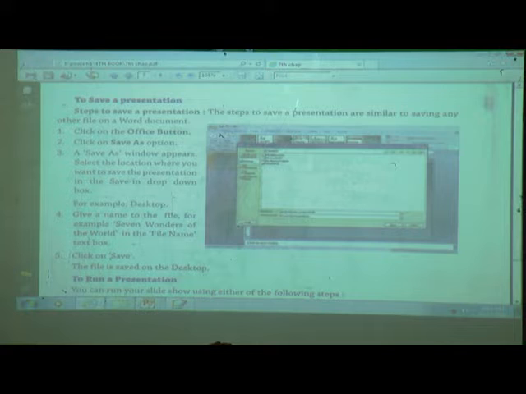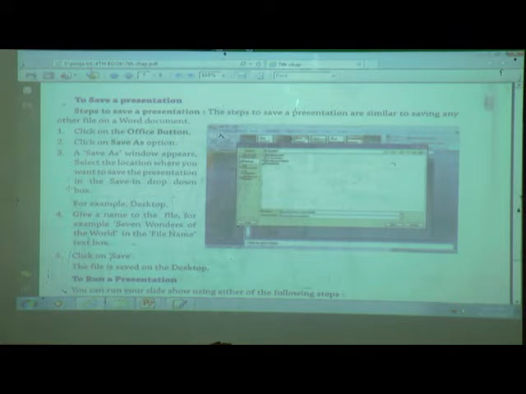Then click on Save As option. A Save As window appears. Then select the location where you want to save the presentation in the Save In drop down box.